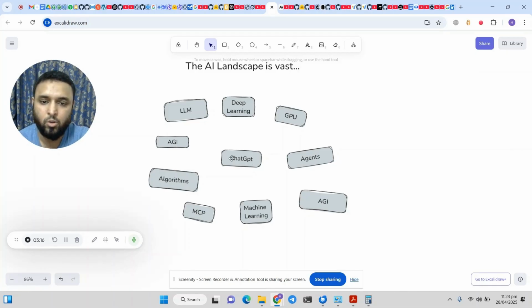Now, let's say you're using ChatGPT and you are wondering how all of it works. You start your research, then you come across this field, deep learning. And then using deep learning algorithms, you may create large language models. Now, this is related to deep learning. And since deep learning is an algorithm, you need to understand how algorithms work, and then all of this works on GPU. So the point being, these scattered concepts are interrelated to each other.